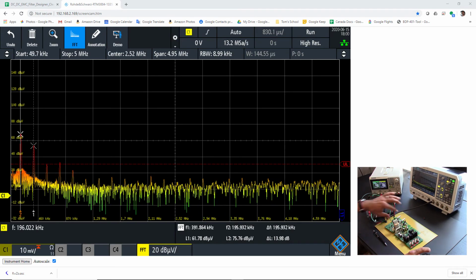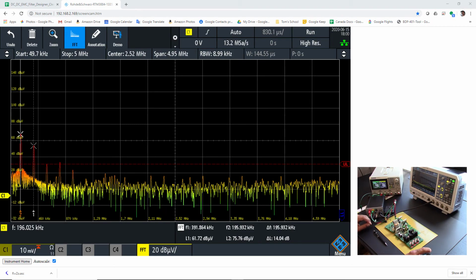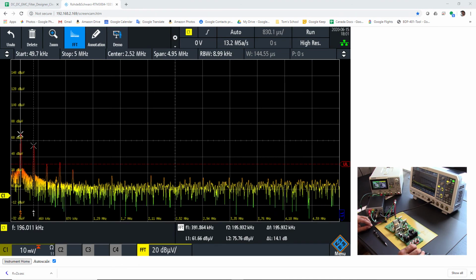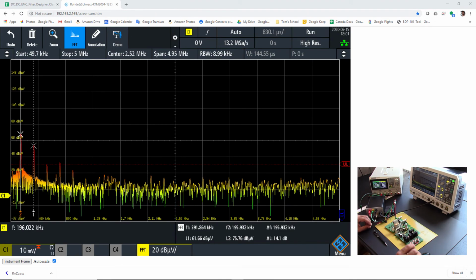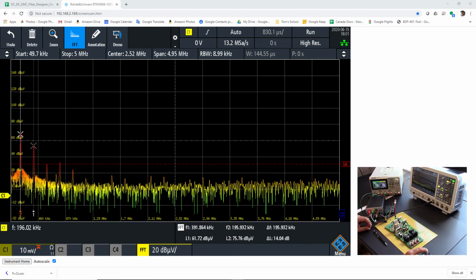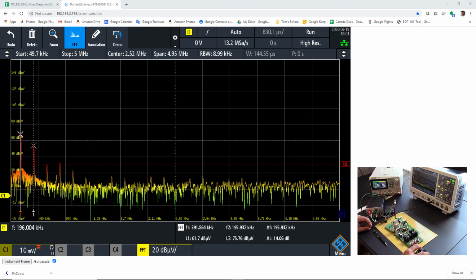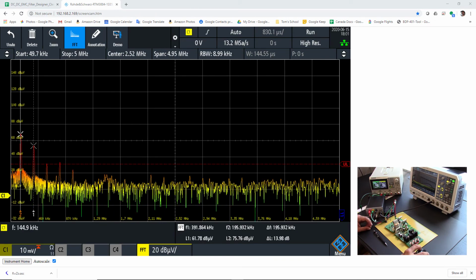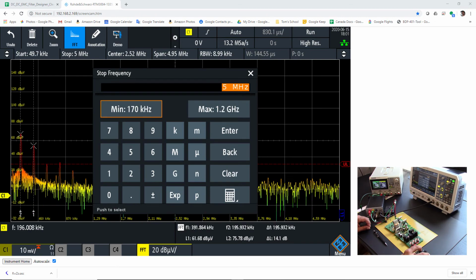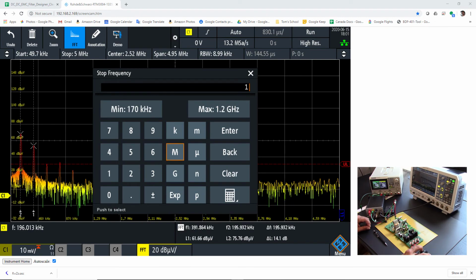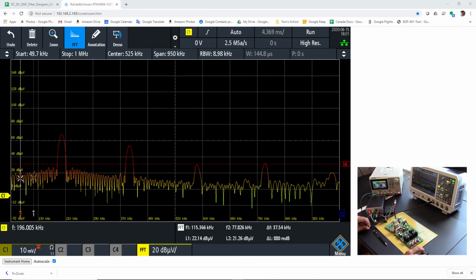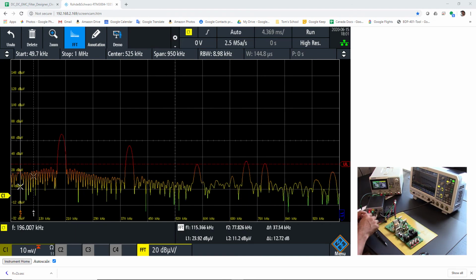The other thing is that if you remember earlier on, we said that often we need to put a pi filter cap, so a C pi, right on the input. That attenuates lower frequency components around the switching frequency. In my case, that is 200 kilohertz. So let me reduce the stop frequency to, let's say, 1 megahertz. There we go. These are now the peaks that are not being attenuated with this filter,